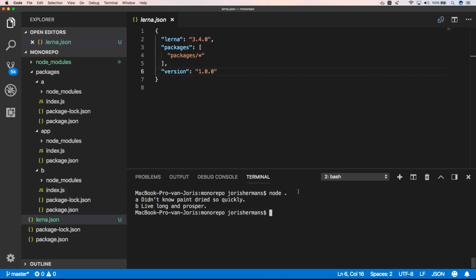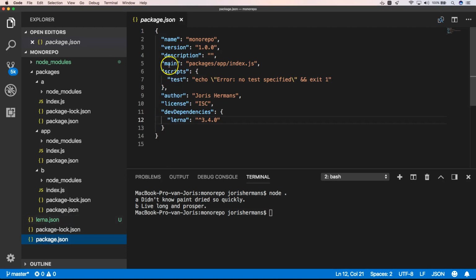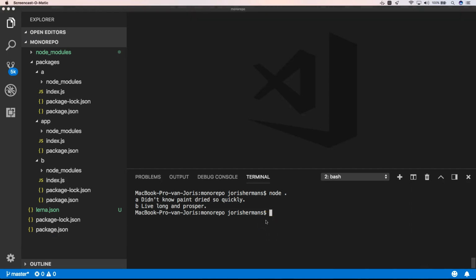It executes our application because I put main application /app/index.js. So when you do node dot, it will execute the main index.js file that you have defined in your package.json, right? So to bootstrap everything with Lerna, you just need to type in lerna